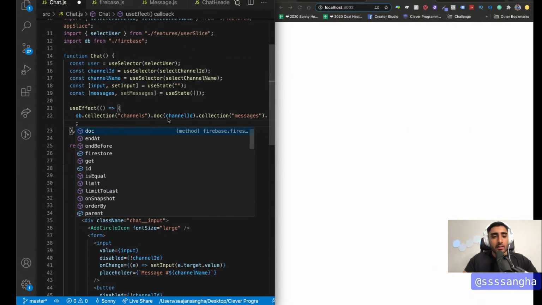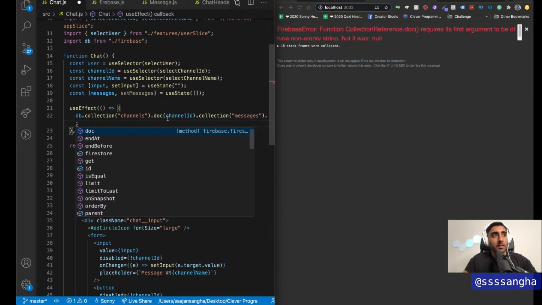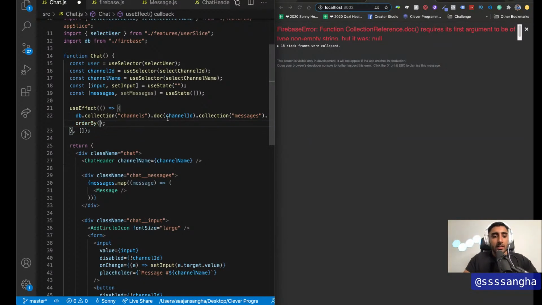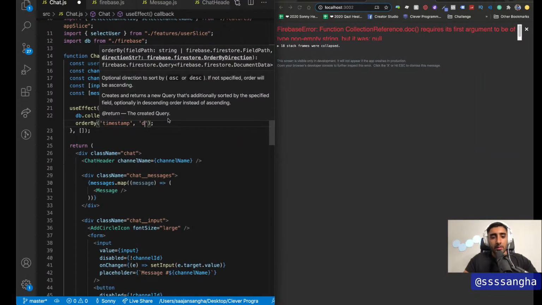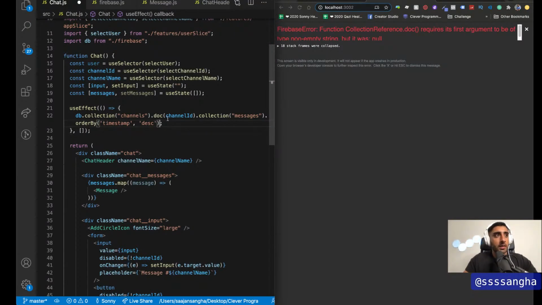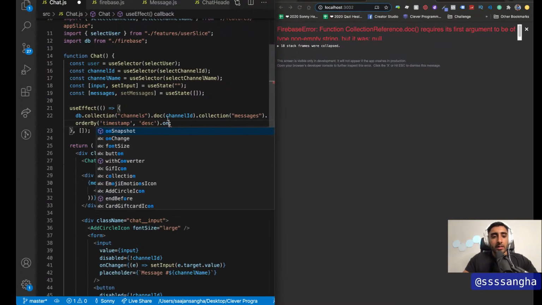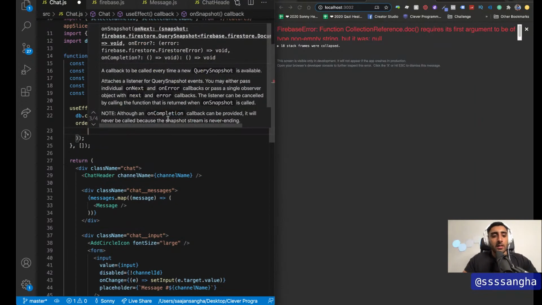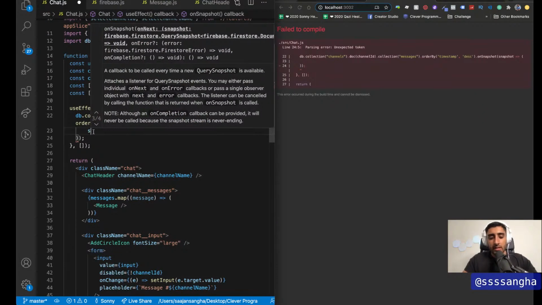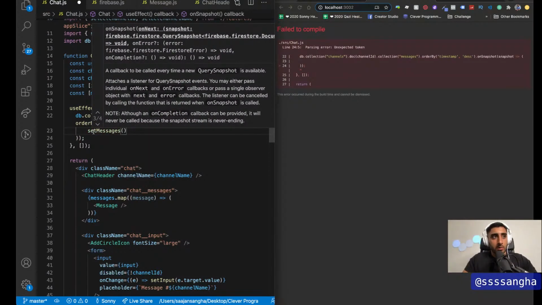And then I'm going to say dot order by, because we're going to add a timestamp. Order by timestamp, and then we're going to say descending, because I want the most recent things to come to the top. And I'm going to say get a snapshot. So again, row time. When we get that snapshot, go ahead and do the following. We'll say set messages to